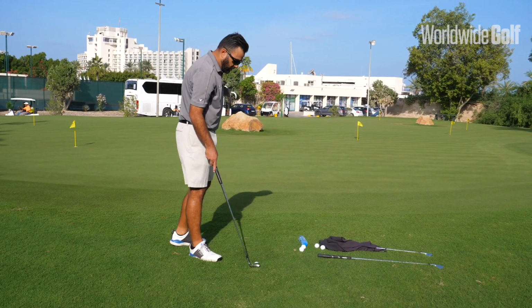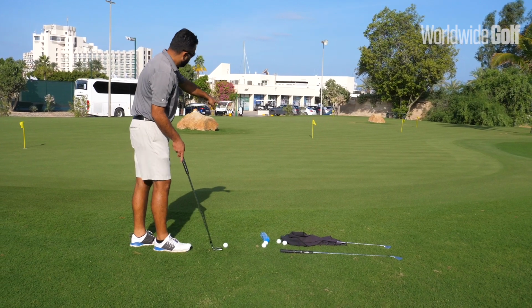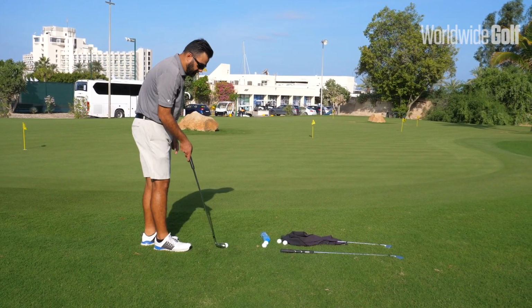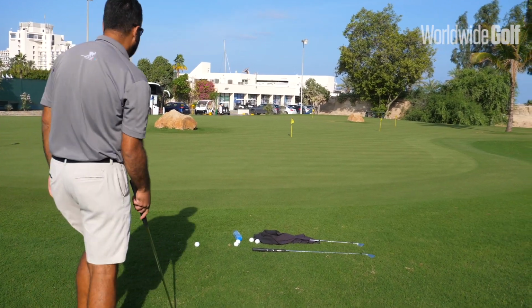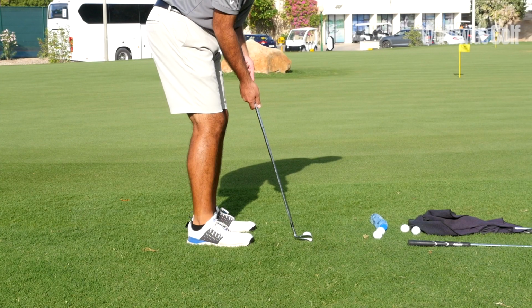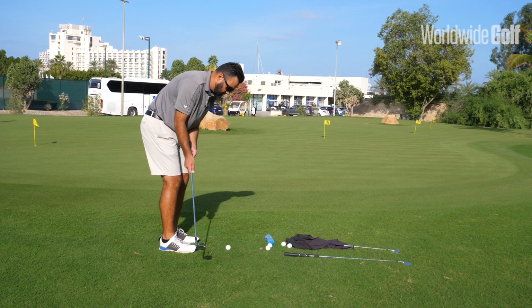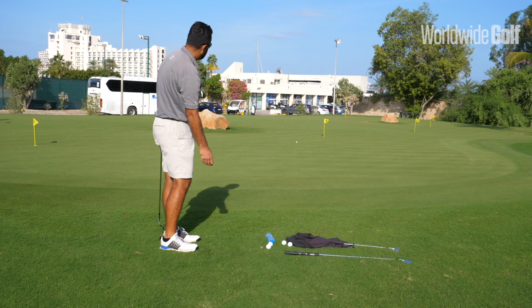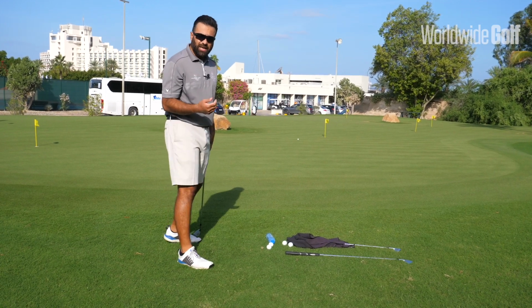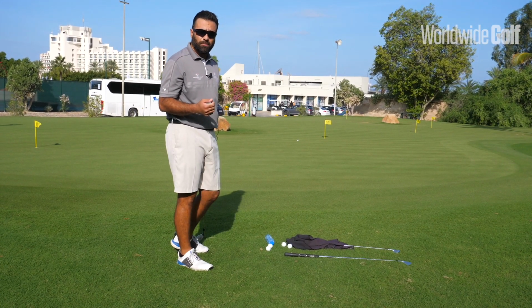So I'm going to get the ball in here. First flag is our target. I read it as I would a putt. I get into my position and off we go. Now, it's gone a little bit left. That's more of a misread on my part,